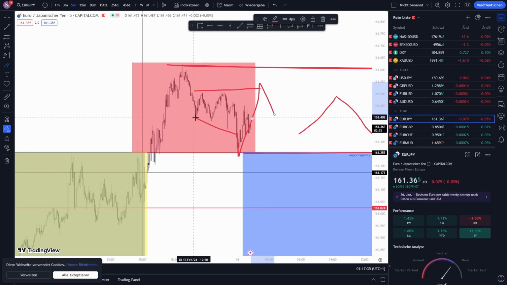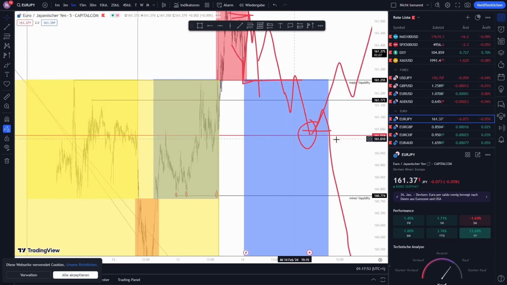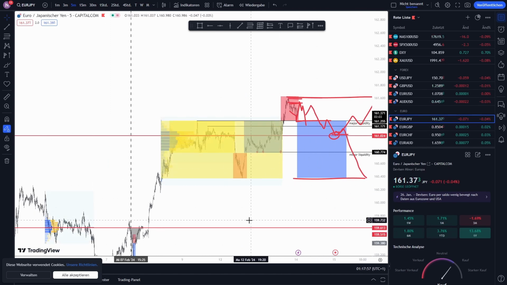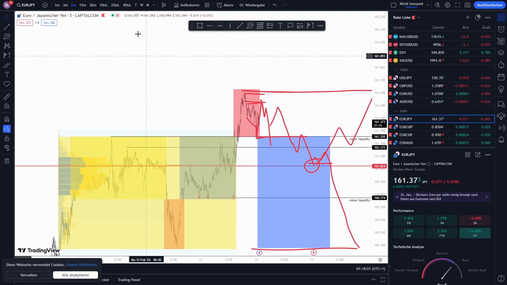And then this minor liquidity would have worked out, because I'm not saying it doesn't work out, never. But then this one would have worked out. It goes for this liquidity and something like an order block right there. And then we can enter after a fair value gap reaction or something like this. And then go for this liquidity maybe as first TP, second TP the volume area, and you could even aim for all the way down here, but that kind of only works if this doesn't show reactions,